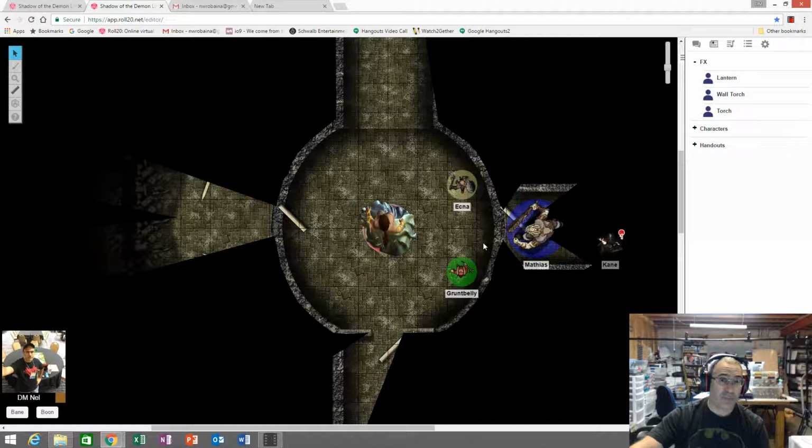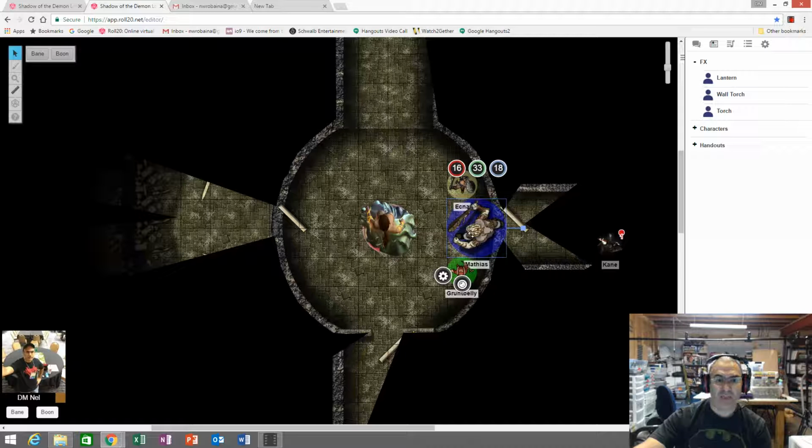So I decided 3 of them are going to come up here and start fighting the Bloody Bones, because I figured the demons, they're just an engine of destruction, and they've been dealing with the Bloody Bones ever since they appeared in this shrine, however that happened. And so I figured that the demons would probably want to kill them first. So I had the 3 demons fighting the Bloody Bones as the PCs were fighting the Bloody Bones. And so that helped the PCs out.